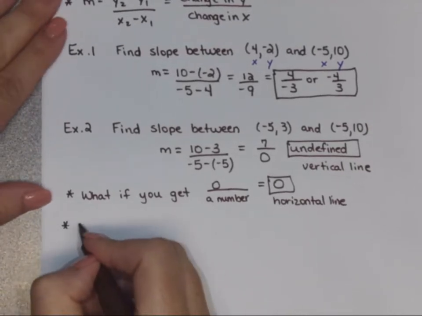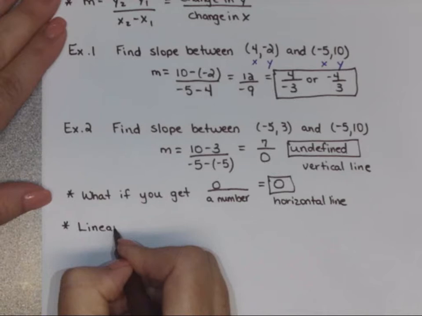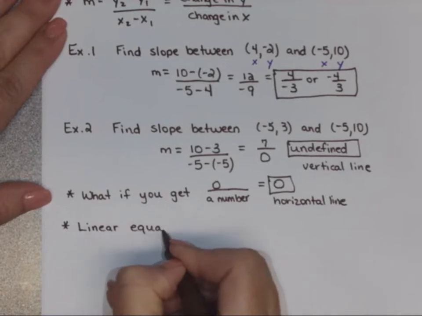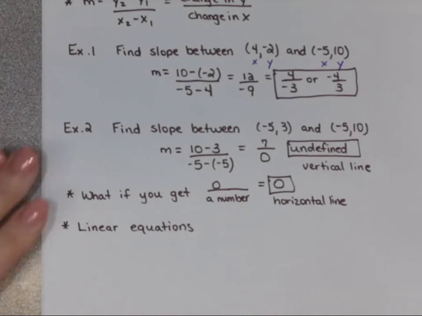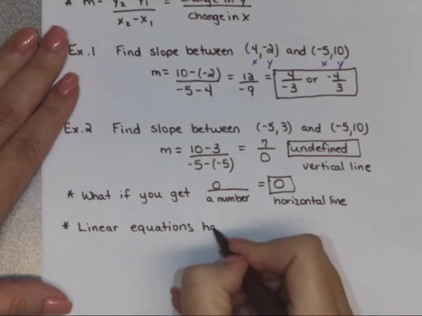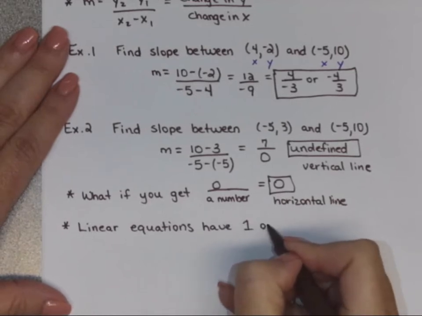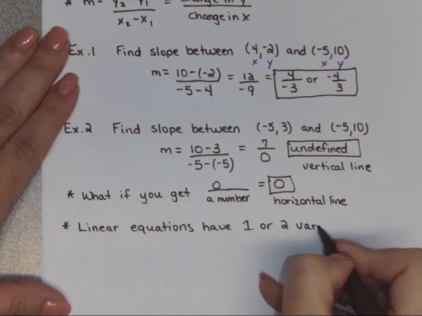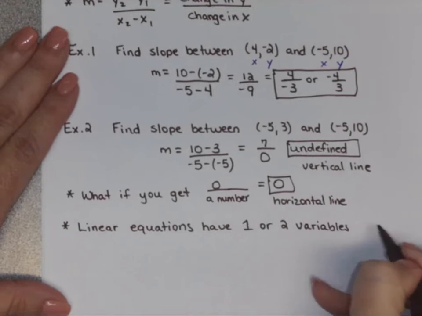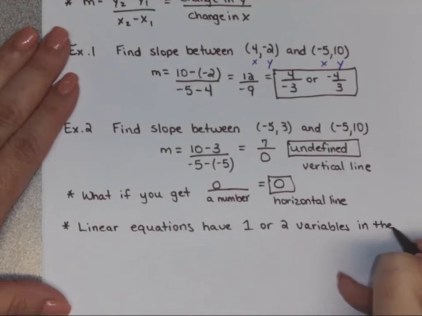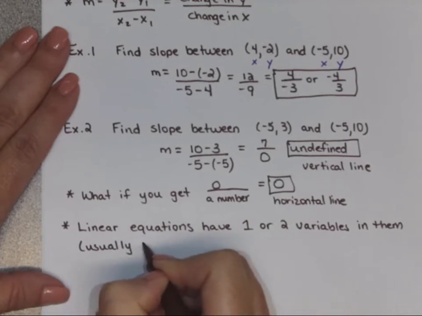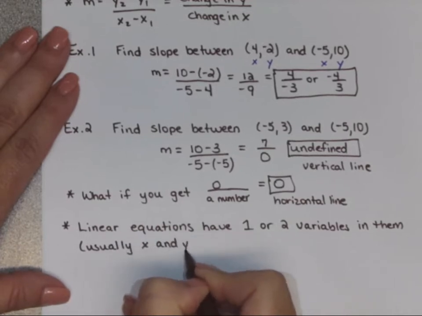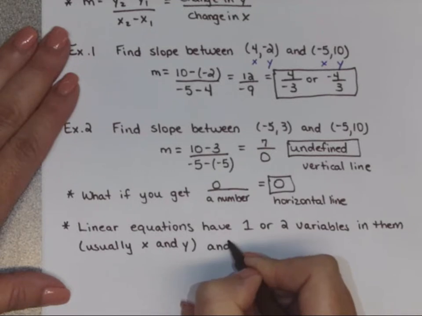All right, so we're going to use slope in order to write equations of lines. So first, let's talk about, remember I put stars by things I really want you to know, okay? So linear equations basically have 1 or 2 variables in them, most often 2. And usually those 2 are x and y. But here's how you tell that it is